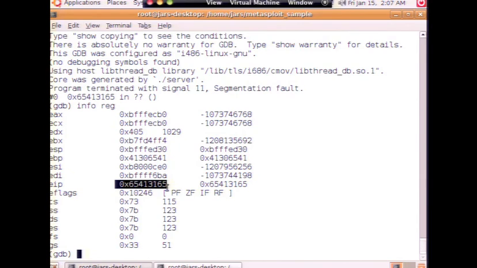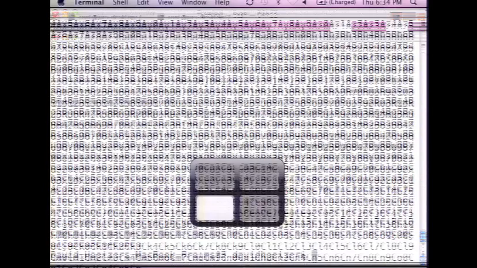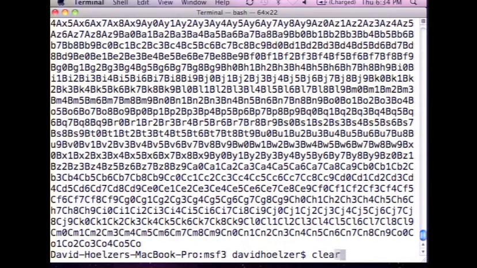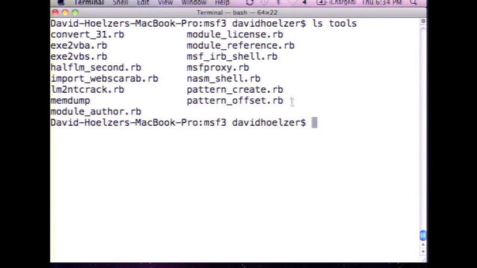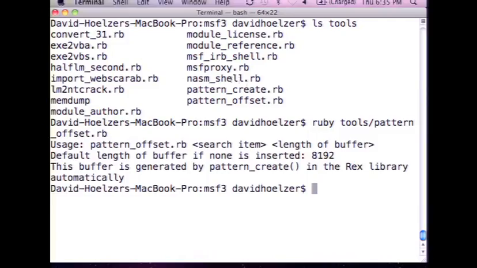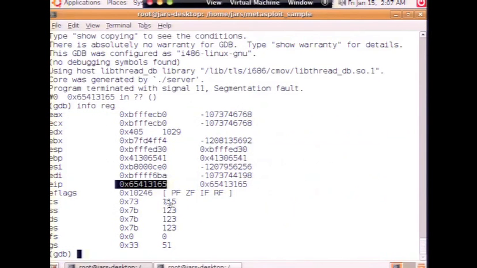Now, I can take that value and use a second tool that comes with Metasploit. The second tool is this one here called pattern offset. So if I simply run pattern offset, again, I won't give it options so we can see what it needs. It'll tell me what I need to do is tell it what to search for and what the length of the original buffer was. In other words, how big was the pattern. So I'll run it one more time, and this time I'll give it the value that's showing up in the EIP,